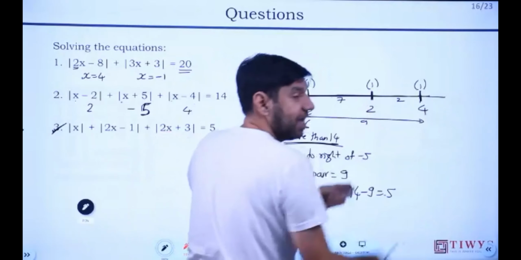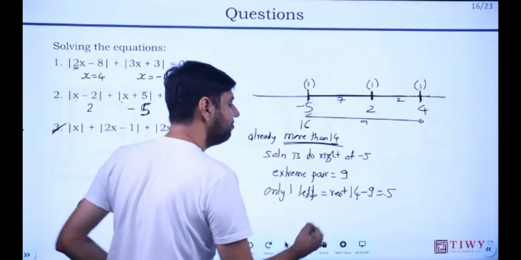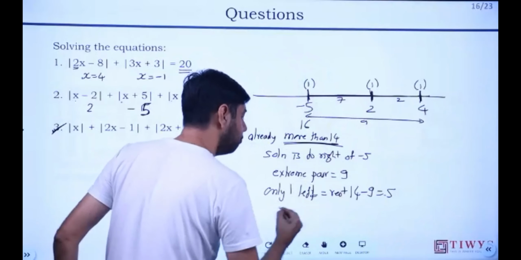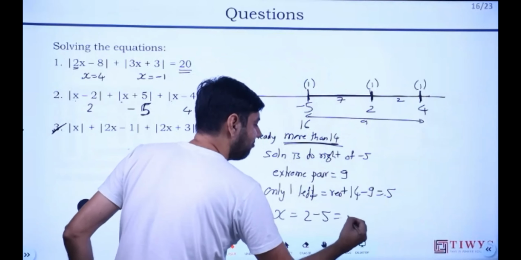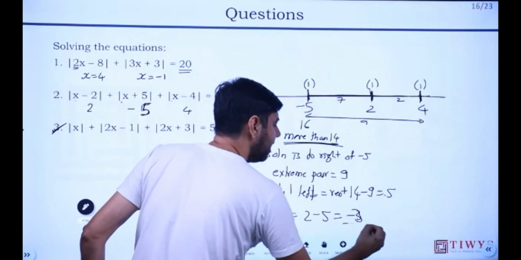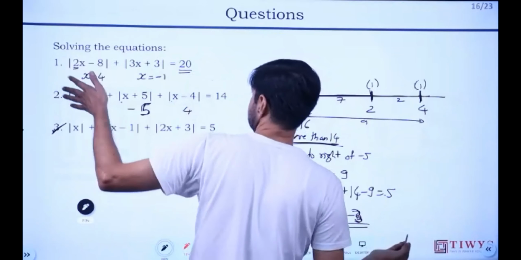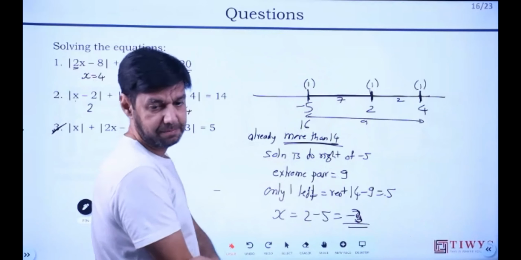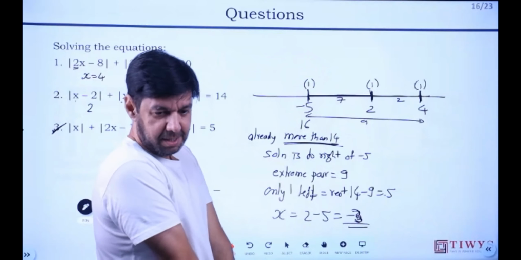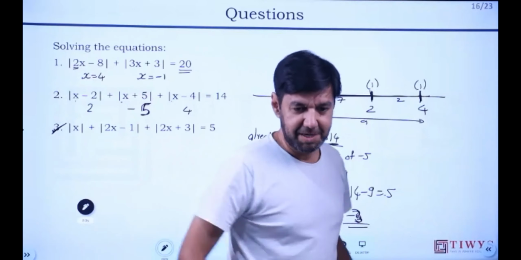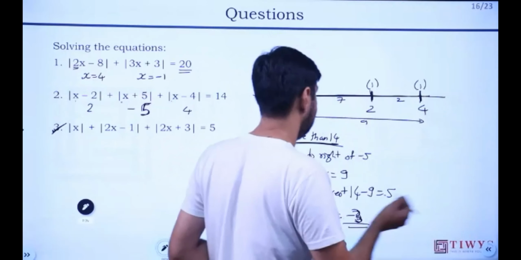Don't say he'll go 5 that side. He's going to come 5 this side. From where? From 2. So what is the answer? From 2, he's coming 5 to the left. And once you get this -3, just plug it and check if you have any doubt. चलो आयुष और गौरव का आंसर मैच हो रहा है, थर्ड वाले का भी, बाकी के जिसको करना है खत्म करो।